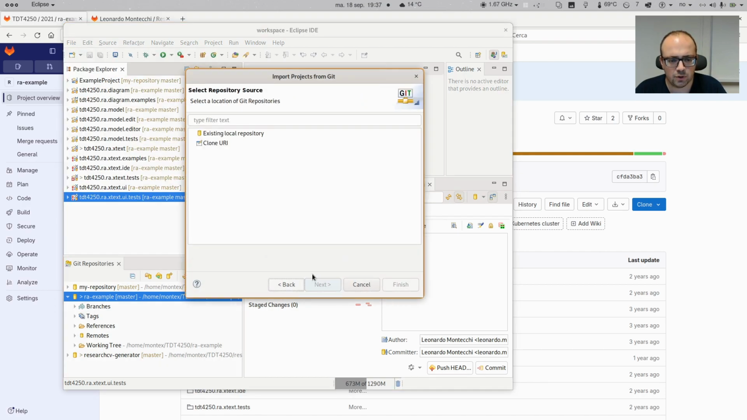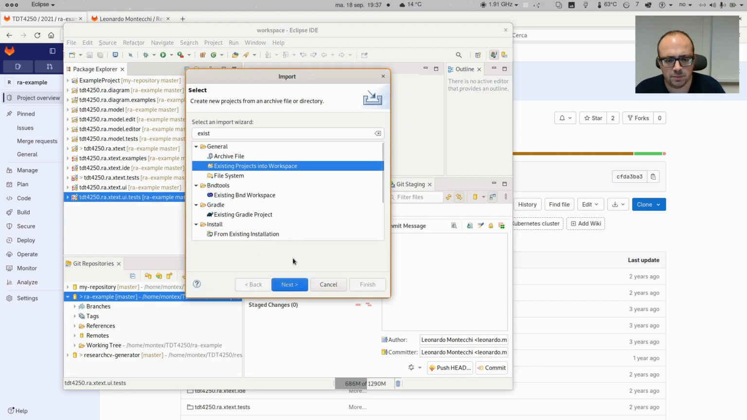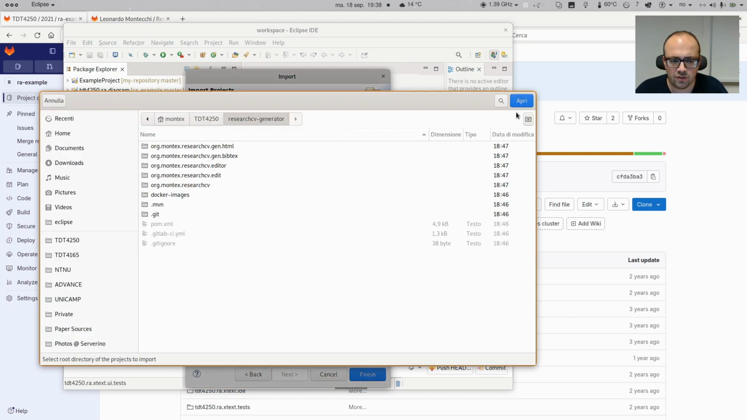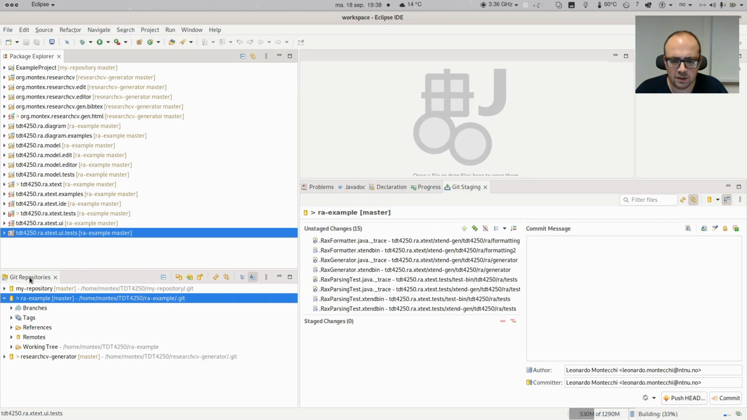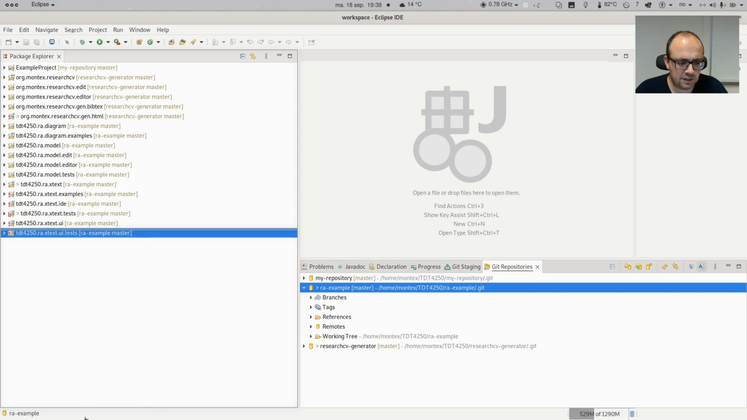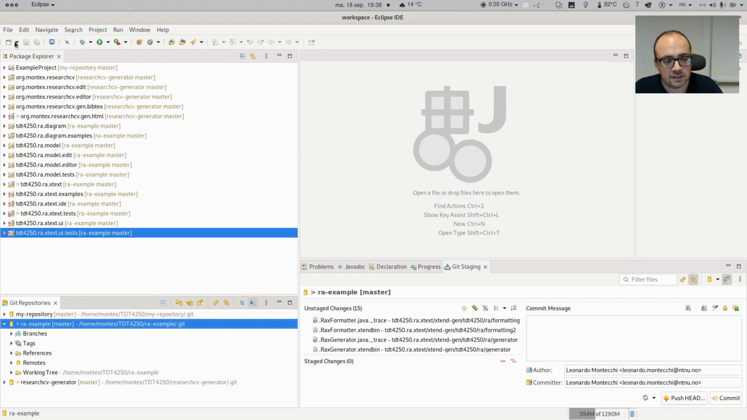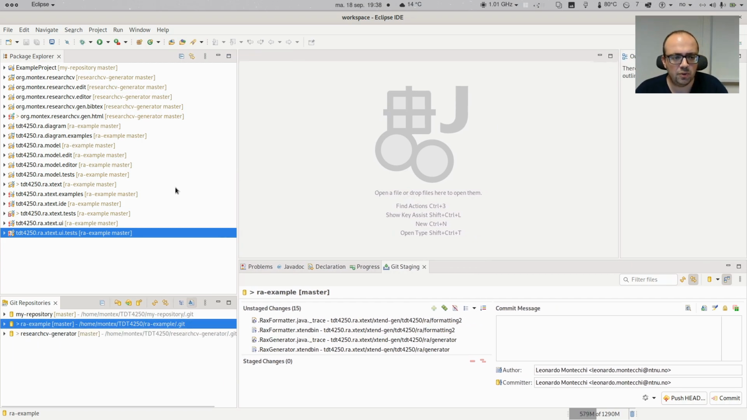I can also import projects manually. File, Import, Existing Projects into Workspace, the most plain way to import projects. And I can again import this research CV generator that we have seen in the beginning. So now I have projects from here. This you can move easily. Now I have projects from three different repositories in my workspace, and this is very common to do when we work with Eclipse, especially with the Eclipse Modeling Framework. And so I can commit them individually and do